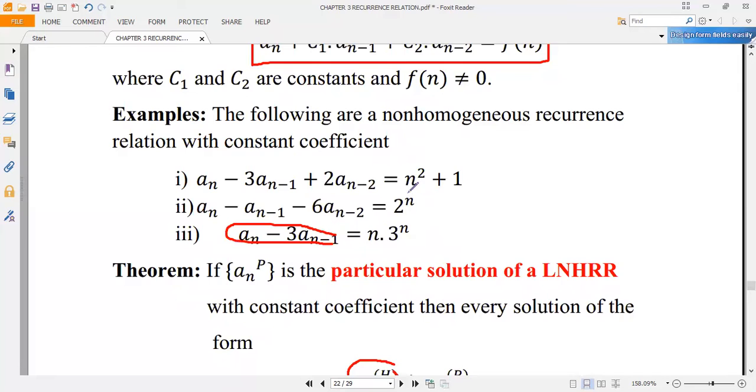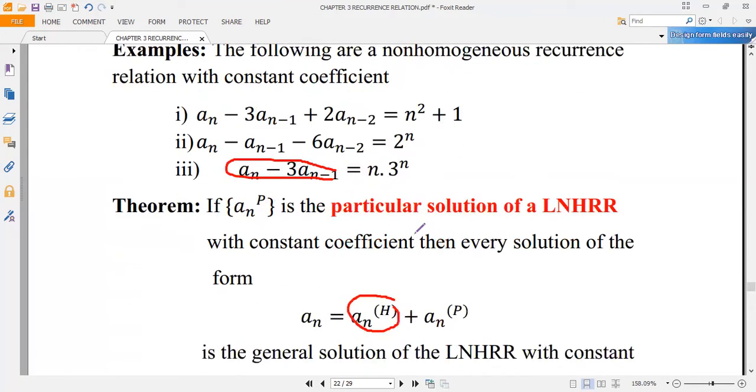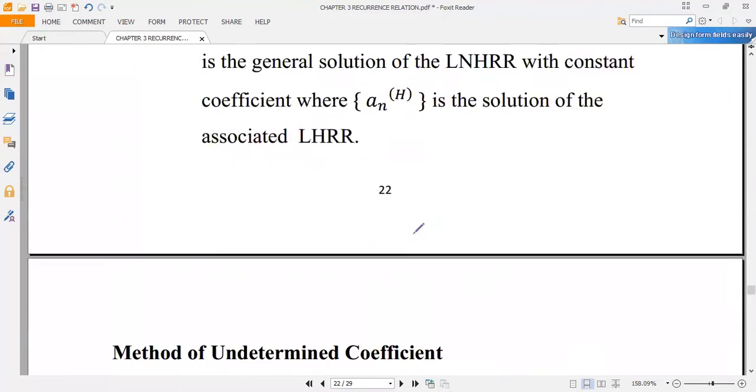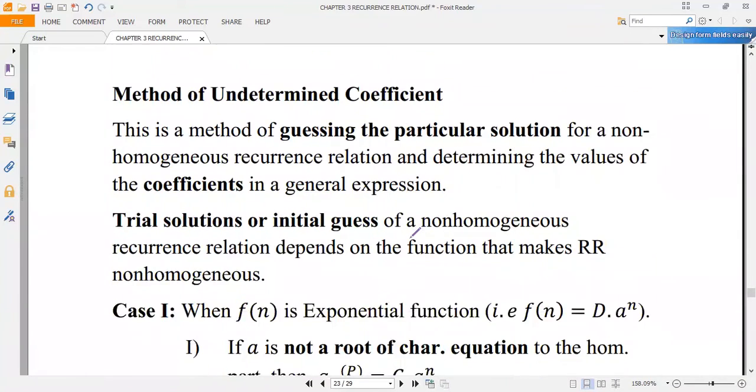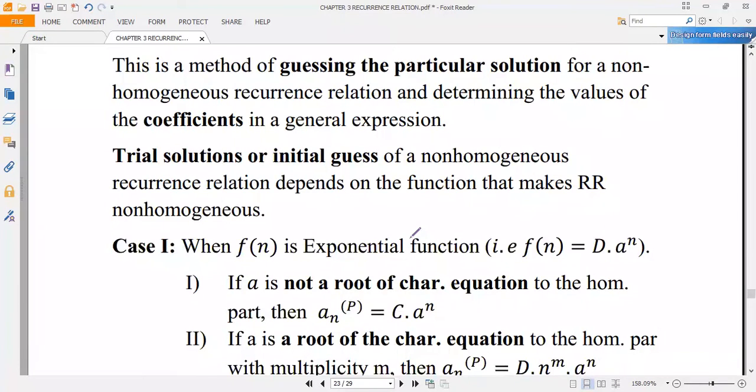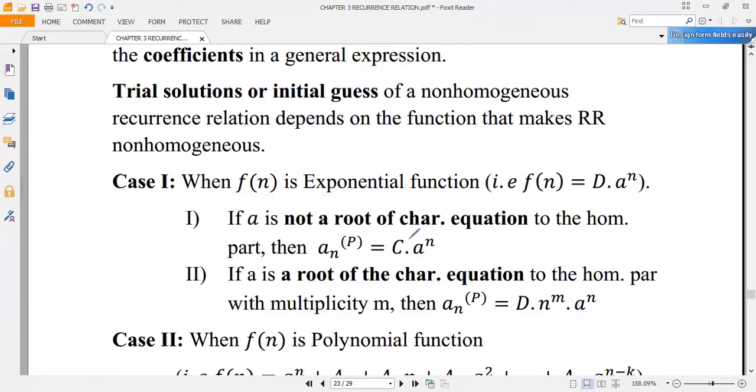On the second example, it is an exponential function. The other one is the product of a polynomial and an exponential function. So depending on the functions that make the recurrence relation non-homogeneous, we can give an initial guess or trial solution to the recurrence relation. So when Fn is an exponential function, which means Fn is d times a to the power of n,